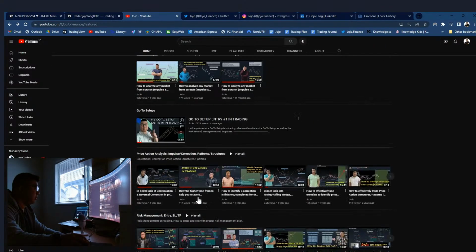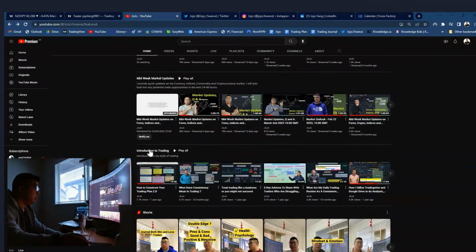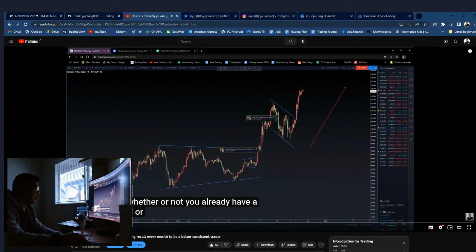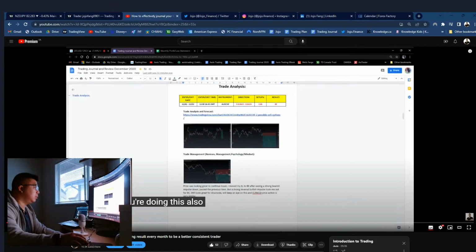Because we went over this a few years ago, you want to have a couple of things: what is your entry date and time, what is the pair, and what is your analysis or forecast. This is the important part, to have a forecast and analysis before the trade, and then screenshot the trade that you enter, and then the management after it. What happened to it afterwards? Did it continue towards your downside, or did it not? Write a couple of things so that you know what the outcome of the trade was,